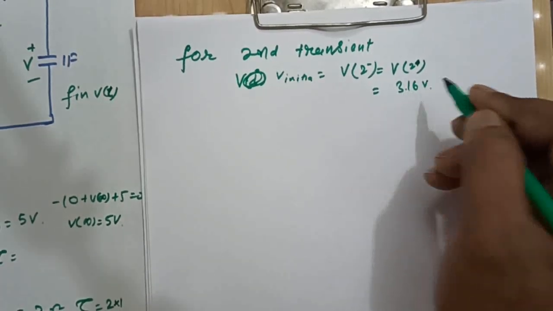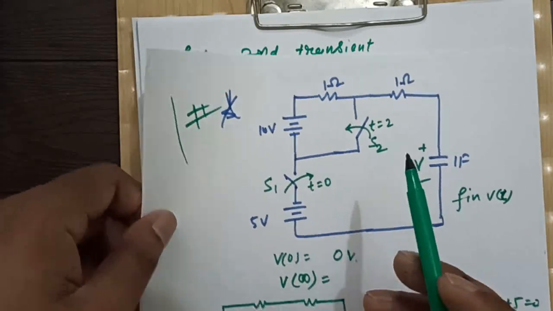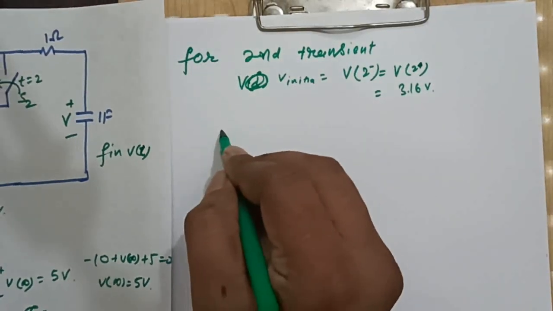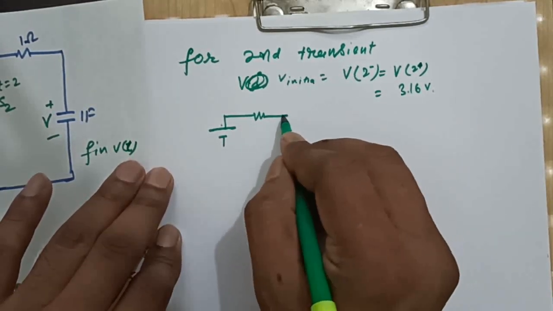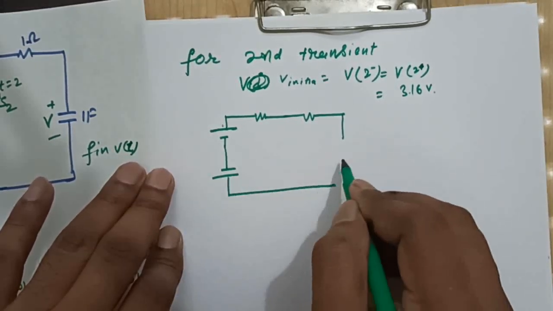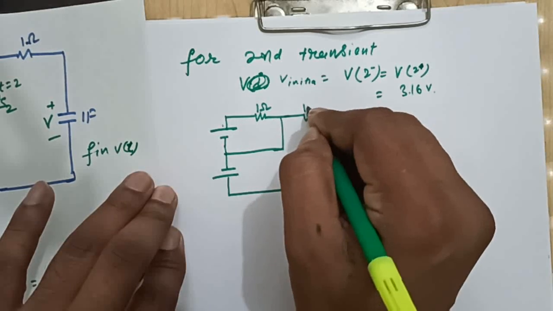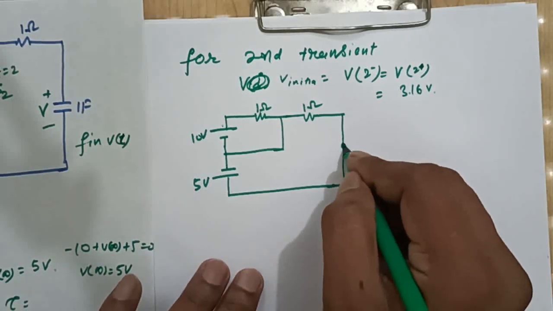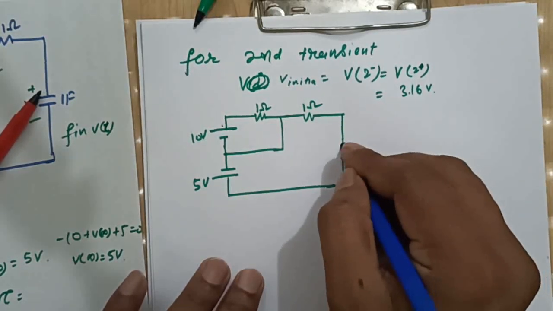So our V at time t equal to 2 is what? 3.16 volt. Clear? Now after closing the switch 2 also, the picture will be what? The circuit will become this 10 volt, 1 ohm resistor, this is 1 ohm resistor, 5 volt, and this switch will get closed here. This is 1 ohm, this is 1 ohm, 10 volts, 5 volts, sorry, here it will be open circuited,